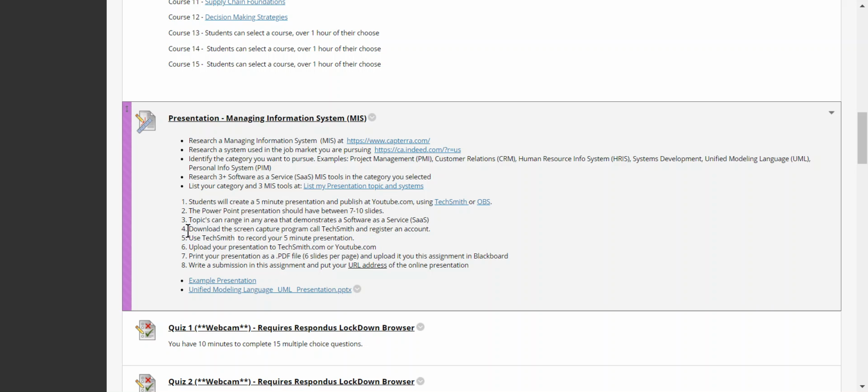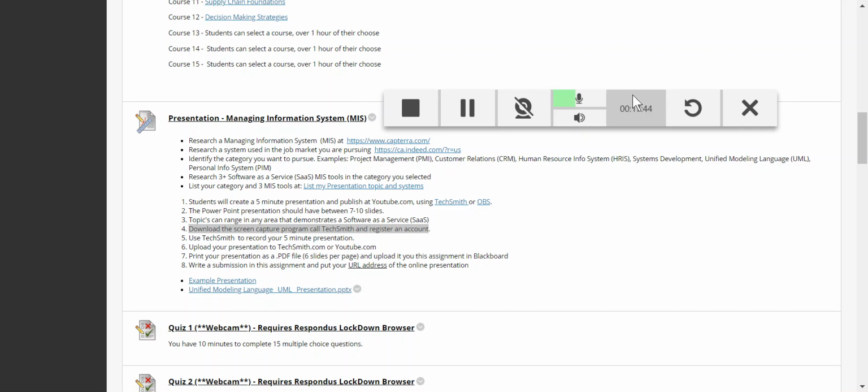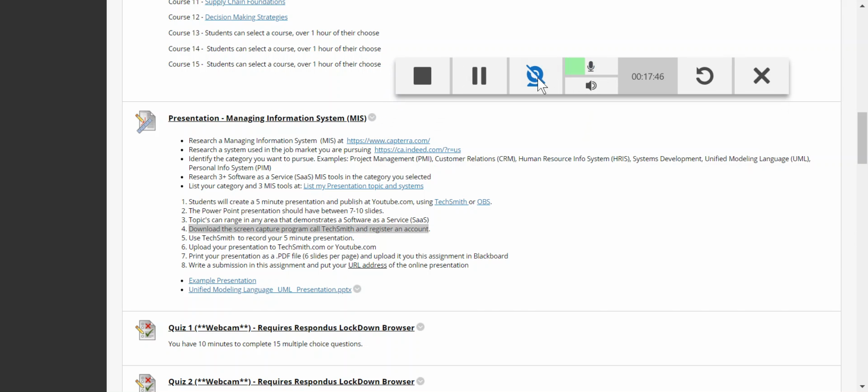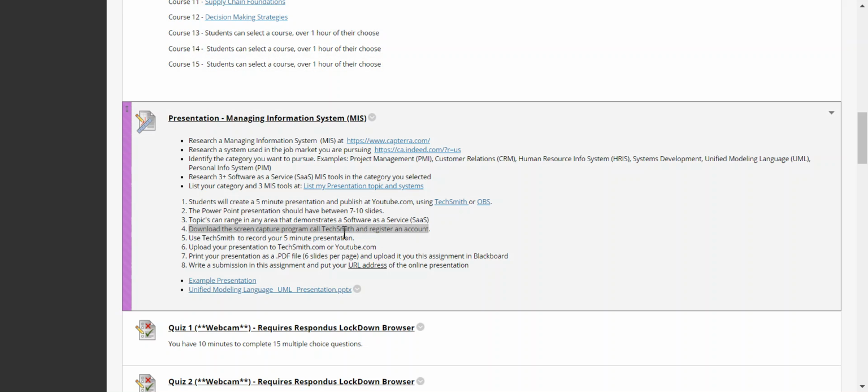All right, you're going to download the screensaver program from this and create an account so you can record it. That's what I'm using here. In fact, if you take a look, this is my toolbar for my time of recording right now. And if I want, I can turn on my camera. I won't. Or I can pause, or I can stop this. Anyway, that's this program here, the screen capture program. It allows you to record your video, and you can just use your earbuds or your speaker microphone on your